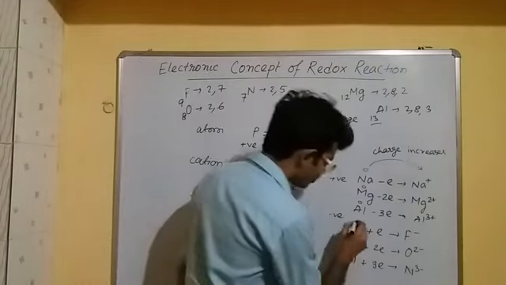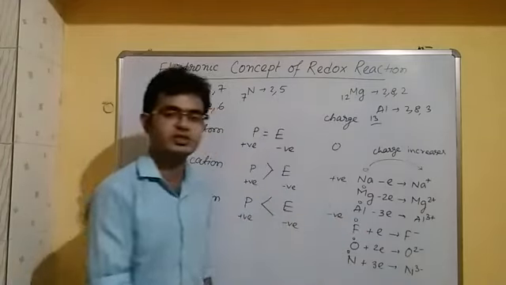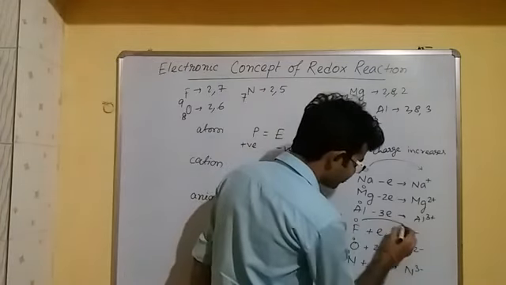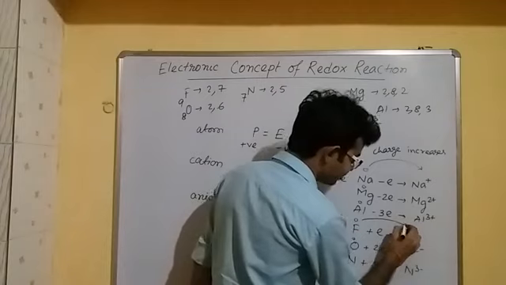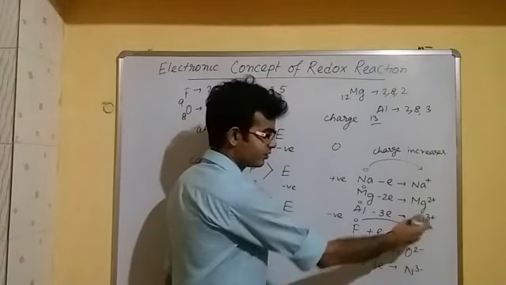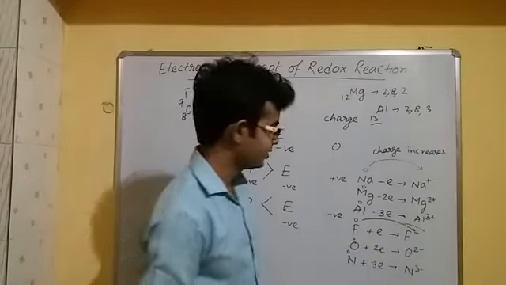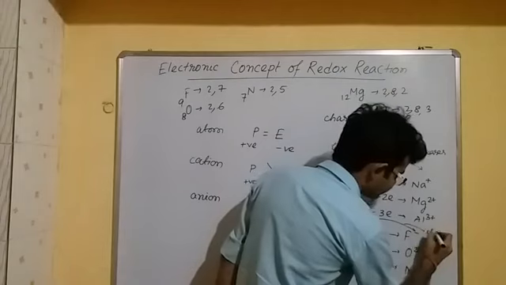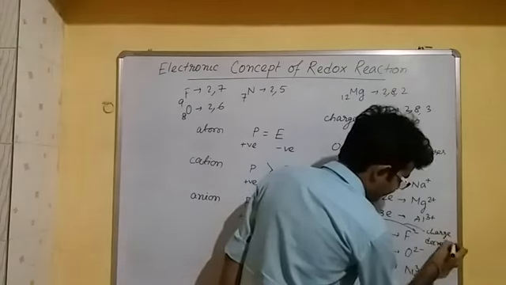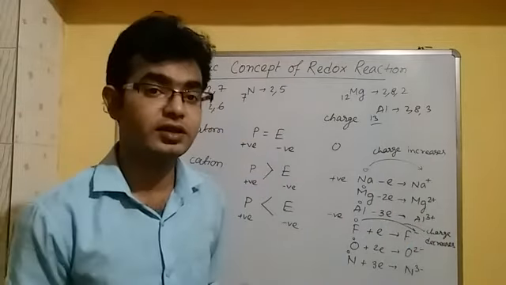Now it is much clearer that fluorine, oxygen, and nitrogen do not have any charge. Their charge is 0. So when the atom gains an electron, what will happen? The charge was 0 and it converted to -1. Is that an increase or decrease? Obviously a decrease. The charge decreases.